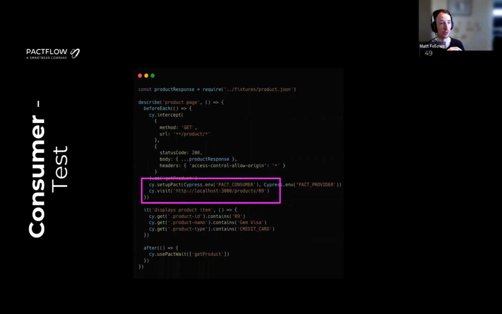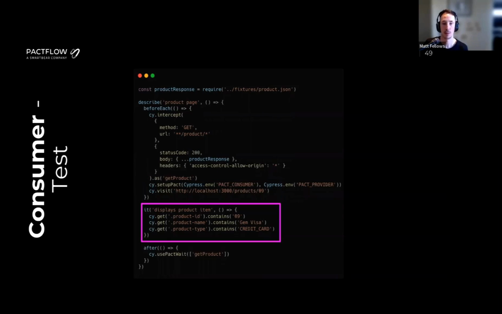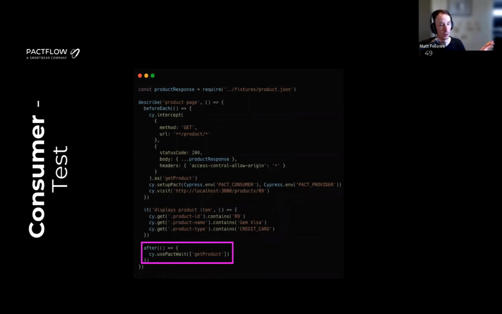So what this is going to do is look at the Cypress network mocking, and convert all those network mocks as they get used into a Pact file. And it's only going to put the ones in there that the tests actually use, so we know that the consumer actually makes use of those endpoints. We then actually run the tests. This is basically Cypress speak for clicking around the interface and making sure that the network call worked correctly and that the page is rendered correctly. And we've also got a lifecycle hook here that runs at the end of the process just to make sure that the endpoint was called properly.